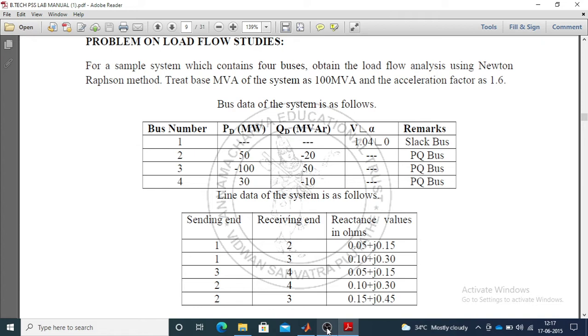Treat base MVA of the system as 100 MVA and acceleration factor as 1.6. Sometimes they may give you an acceleration factor of 1.6 to confuse you, but in the Newton-Raphson method, there is no need for an acceleration factor. Bus data of the system. It consists of 4 buses, of which the first one is slack bus and the remaining 3 buses are